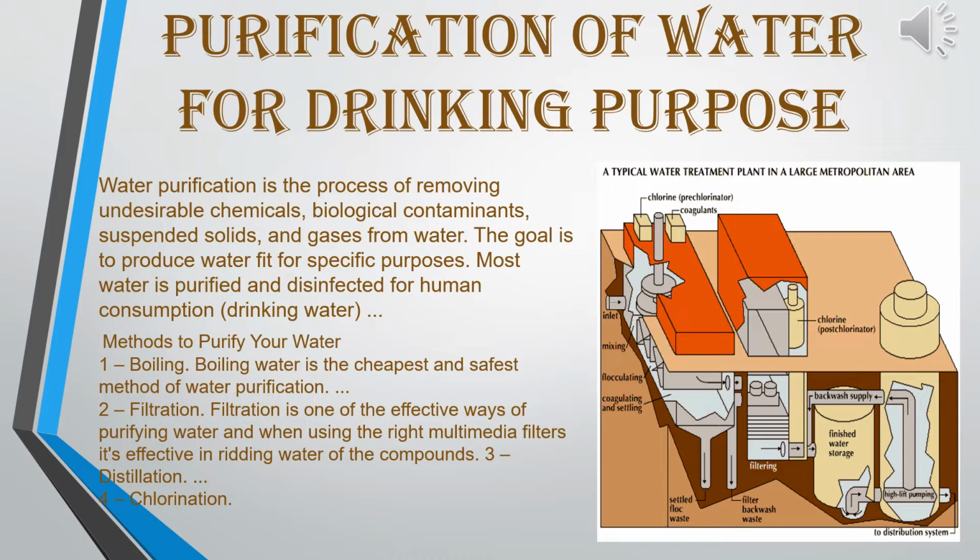The clear water from sedimentation tank is filtered through layer of sand and gravel. Gravel means stone chips. Filtration is also done through activated charcoal, which gives better quality water. Next step is chlorination. To disinfect water finally, it is chlorinated by chlorine gas, which kills germs, harmful bacteria, etc. And the last one is the purified water is pumped into the supply system. This water is used for drinking and household purposes. So this is the total large scale water purification.